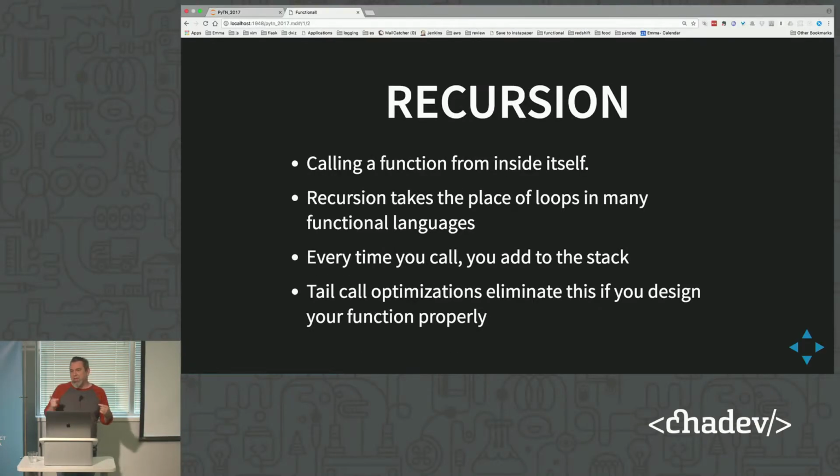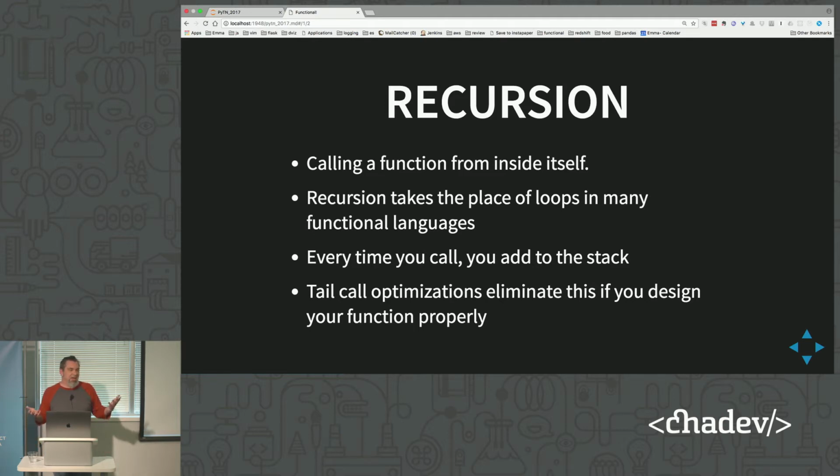So a lot of functional languages either don't have loops or you don't really use loops all that often. What you do is you recursively call back into itself, making a change to your initial state, calling back in to your recursive function with its state changes and whatnot. The problem is that every time you make that recursive call, it typically adds to your call stack, at least in languages that aren't optimized. So every time you call back into your call stack, you add to that stack, and you run the risk of blowing through your stack, right, and running out of memory.